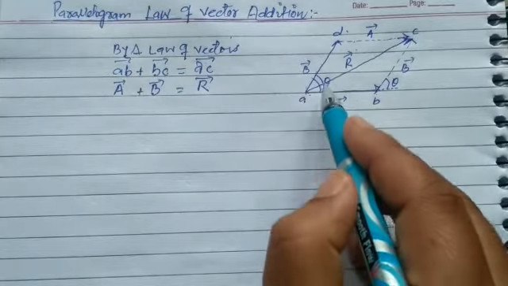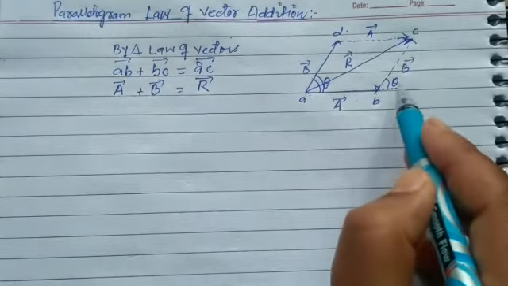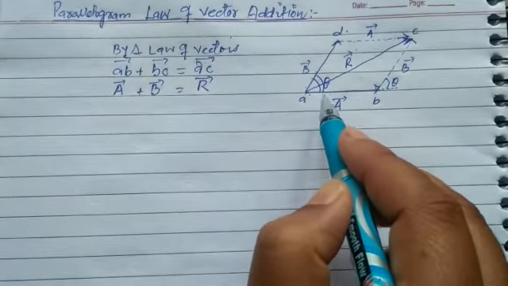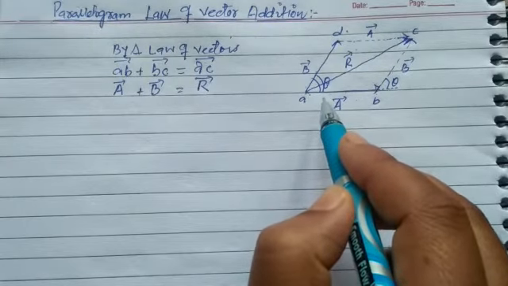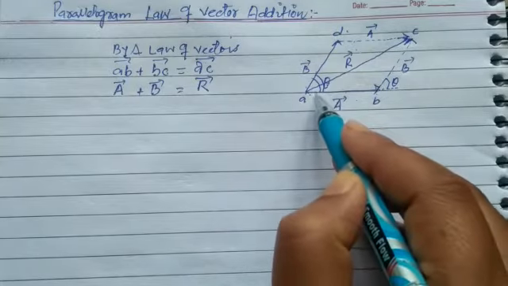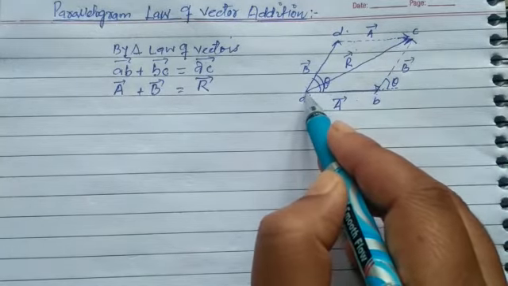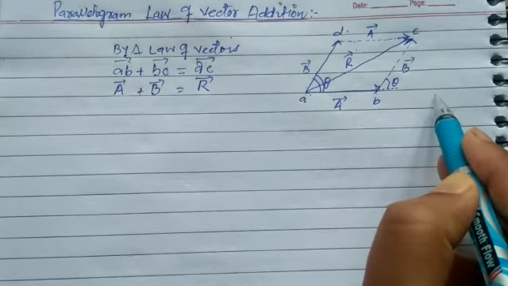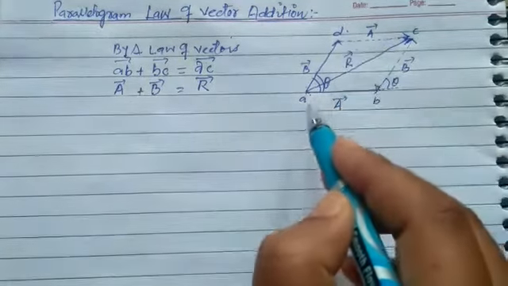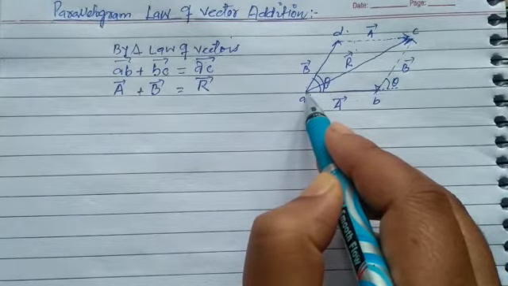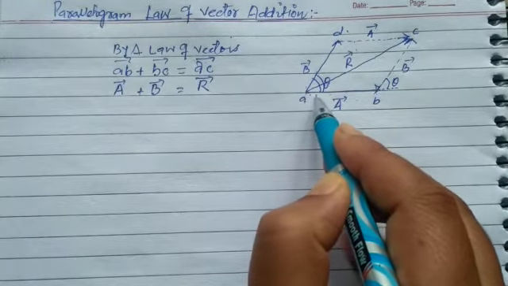So theta is the angle between these two vectors. This angle is also theta. The difference between this law and the triangle law is that in the triangle law one vector was convergent and then divergent. But here the two vectors are acting at the same point, and they are both divergent. This law is applied once you are applying forces at a point and they are divergent.